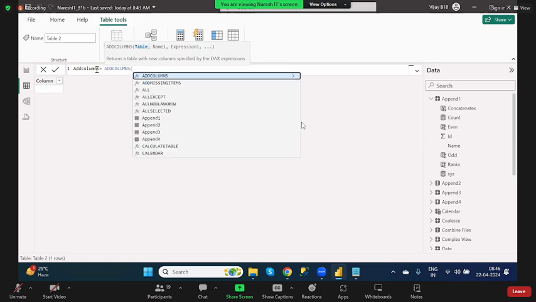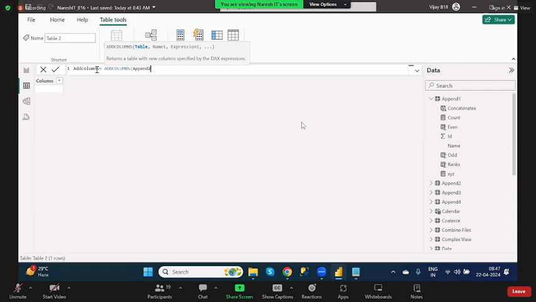First, what is the table name here? Table name: unitary. What is the table name here? Appended. Okay, table name, because whichever table you are mentioning here, in that table all the columns will appear